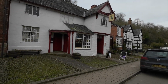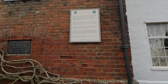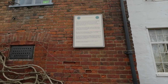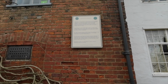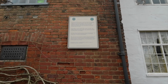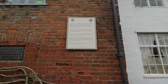Whoops. Anna's just chucking Isla's lead. What's this say about Montgomery? Town owes its existence to a ford across the Severn nearby, which was one of the main invasion routes between Wales and England. It was defended through the ages from strategic positions by early Iron Age, Roman, Norman and early medieval fortifications. The last fortress was the castle, now in ruins on the summit of the once impregnable rock outcrop beneath which you stand. It was begun in 1223 by Henry III to replace an earth and timber castle built